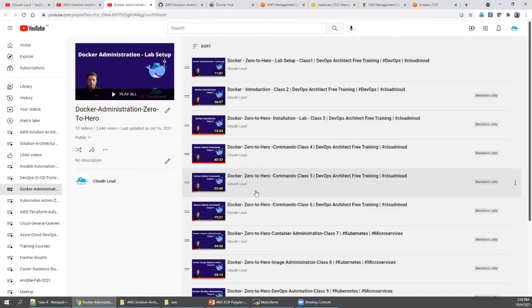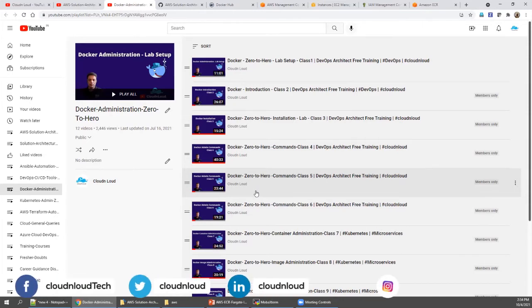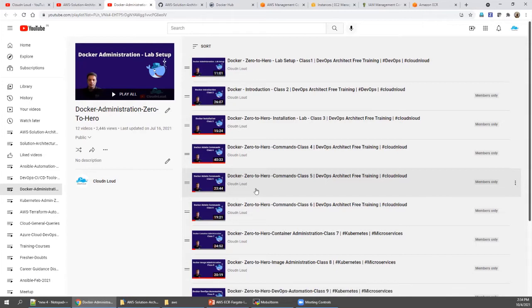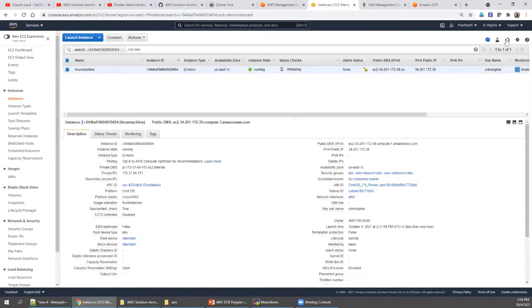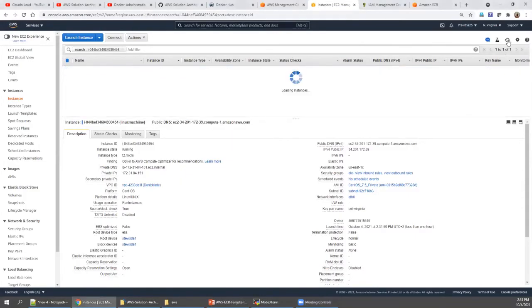Please complete this along with the scripts. Some of the labs you need to open three windows, some of the labs you need four windows. You go with that, so that you know what you are doing. So come back, we will see the instance status. Let's wait a few seconds. Okay, still it's taking time.